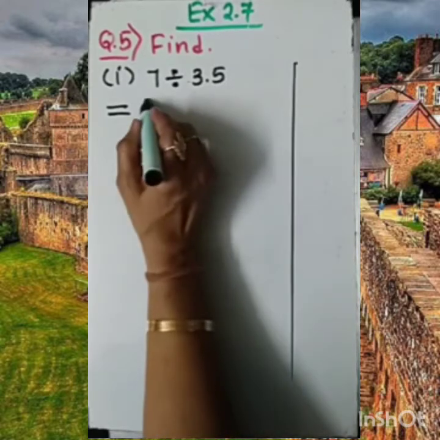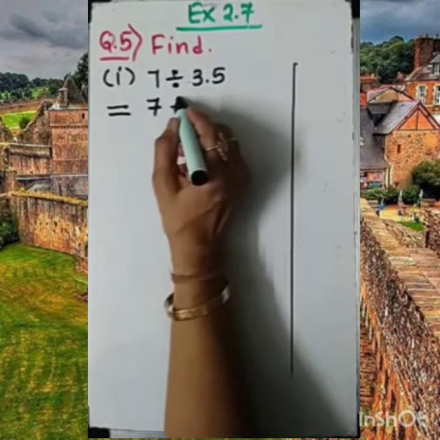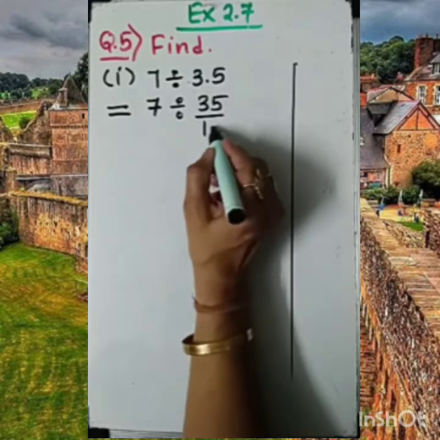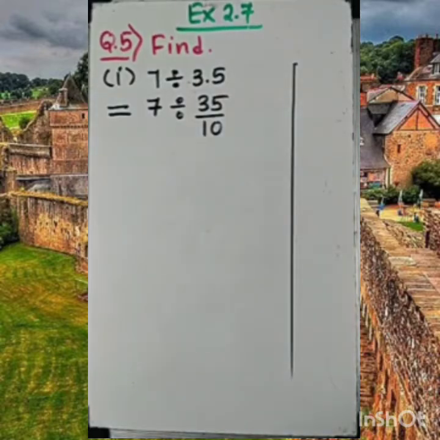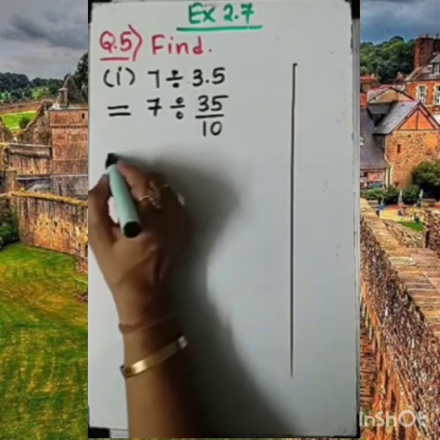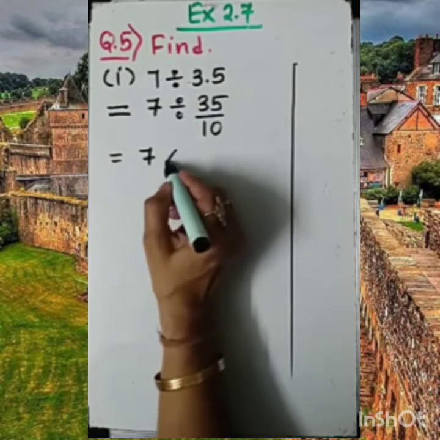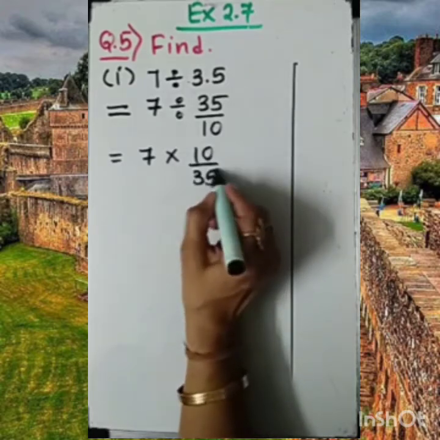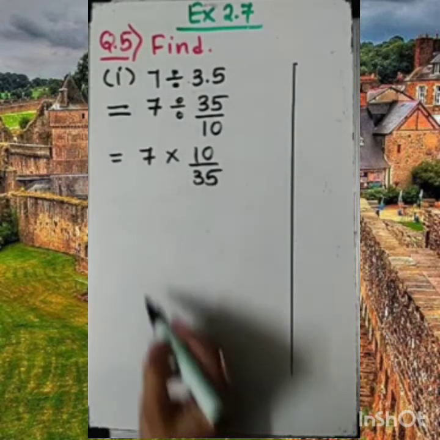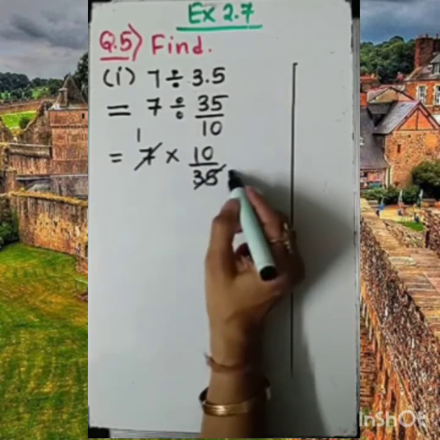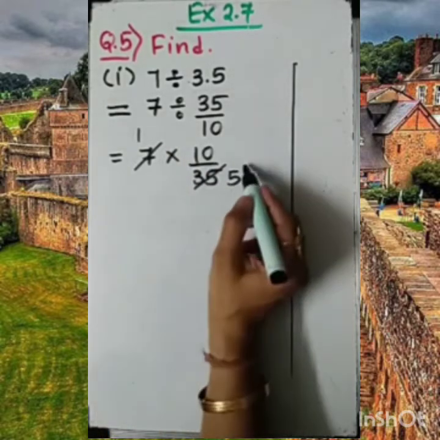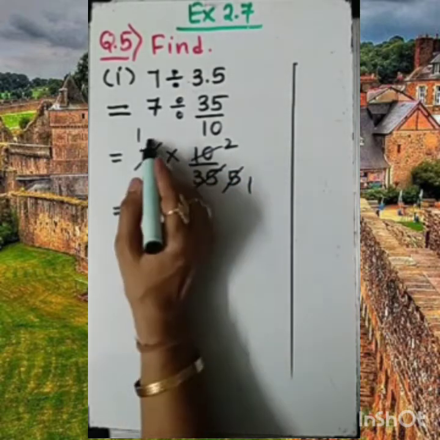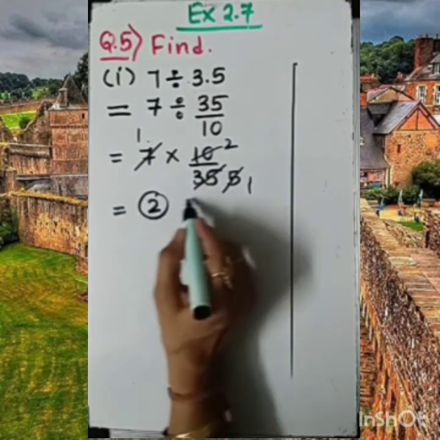Let me explain. So let it be as it is. 7 divided by 3.5. Can I remove the decimal and write 3.5 as 35 by 10? Then it is correct. As I taught you, if I want to move with the product, then I need to take the reciprocal of this. This we have also learnt in fractions. 7 1s are 7, 7 5s are 35. 5 1s are 5, 5 2s are 10. So in the numerator 1 2s are 2. That is the answer.